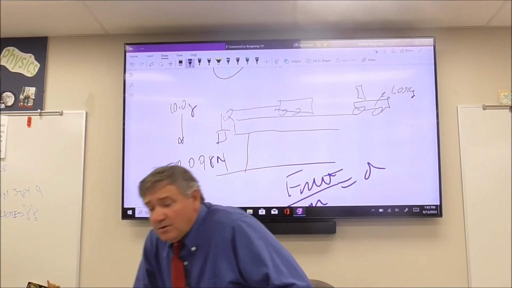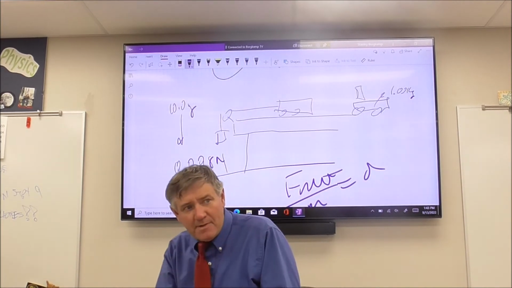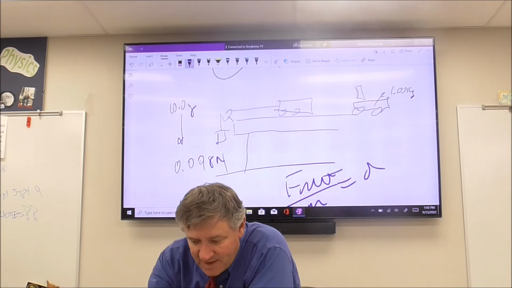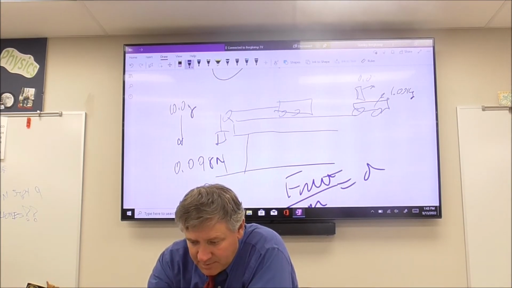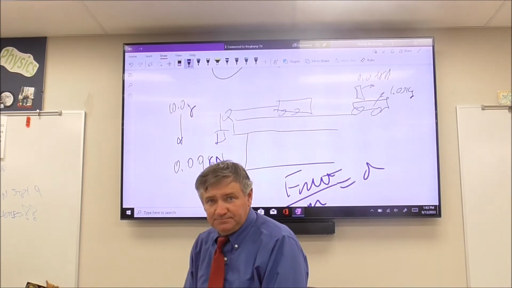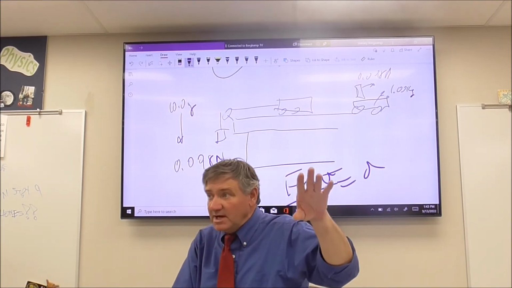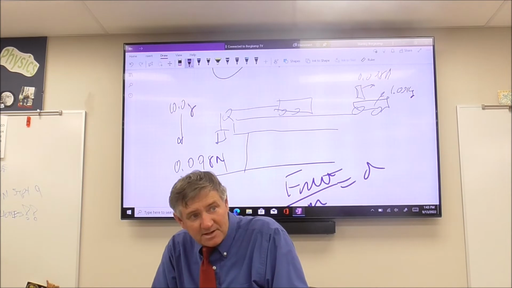If I have that combined mass sitting up there on the cart, and I have a fan that can produce 0.098 newtons, I could find my acceleration by taking 0.098 newtons, dividing it by the combined mass, and